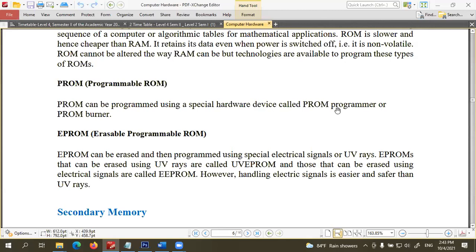So the computer or the users may not be able to write into ROM. That is why it is called read-only memory. If it is RAM, the CPU can read and write. It can do both activities with the primary memory, the RAM, right? But here the CPU can only read. That is why it is called ROM. Some categories of ROM are programmable ROM and erasable programmable ROM. We can erase all the data and instructions in the ROM, and again we can add them. So like that, there are several categories.